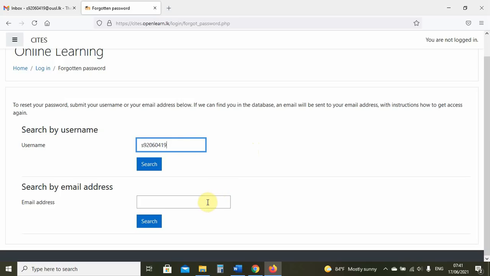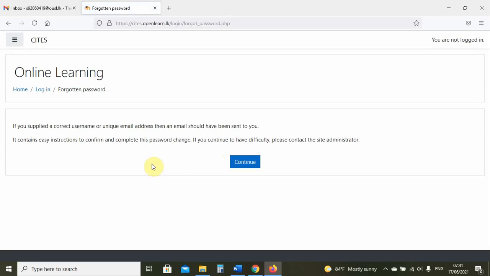Or we can put in the email address, which is his official Gmail address. In this case, I will search and click here. Then you get a message saying that if you supplied the correct username or email address, then an email should be sent to you with instructions how to change the password.